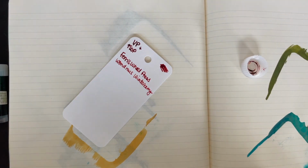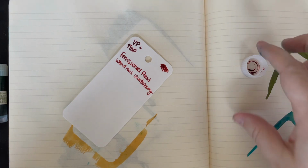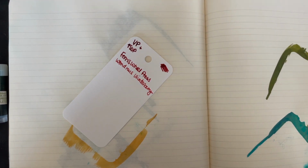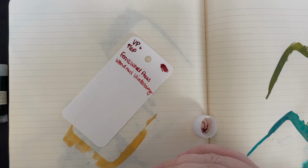Wondrous Wonderberry. I think that would be so pretty. The only problem with swatching shimmer inks is you gotta shake up the stuff. So I think for 30 inks 30 days,